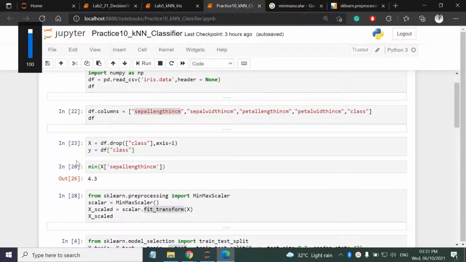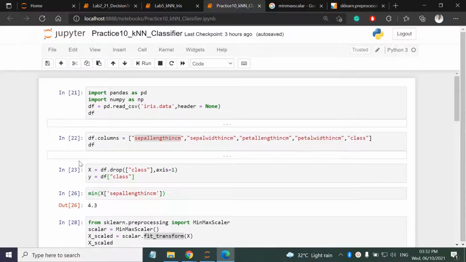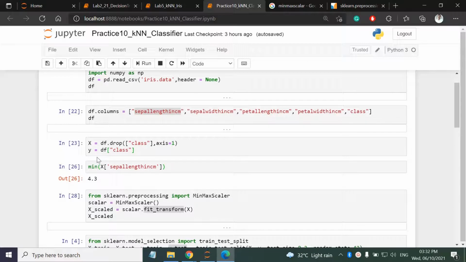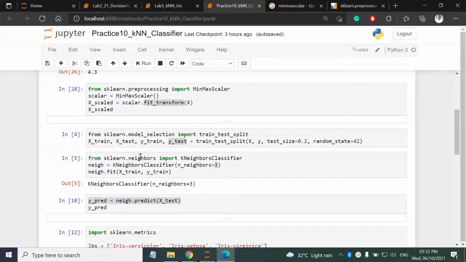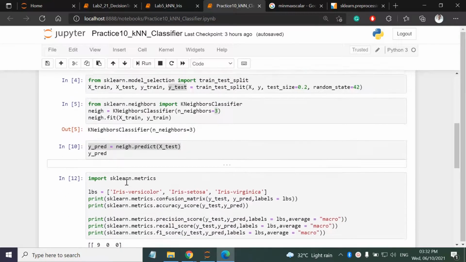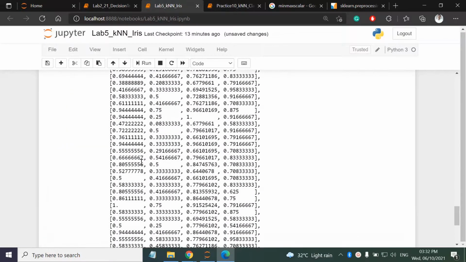Because my output label, which is this class, is discrete valued. It has 3 classes, right? So my output variable is discrete, that's why we have to do classification.